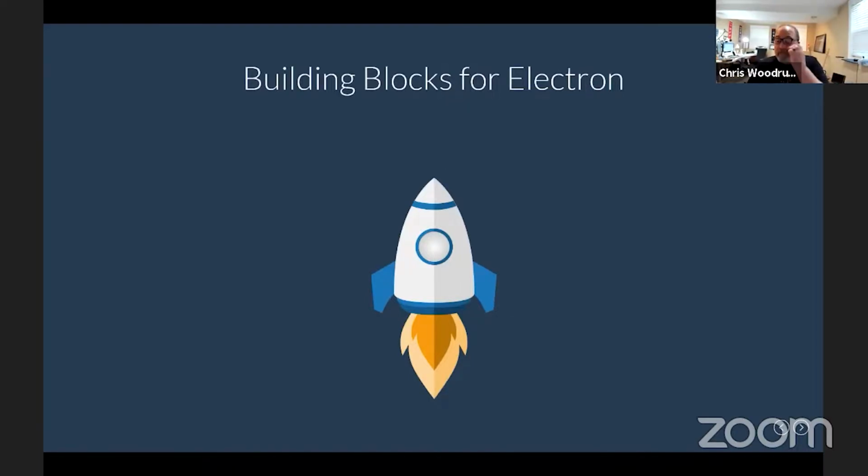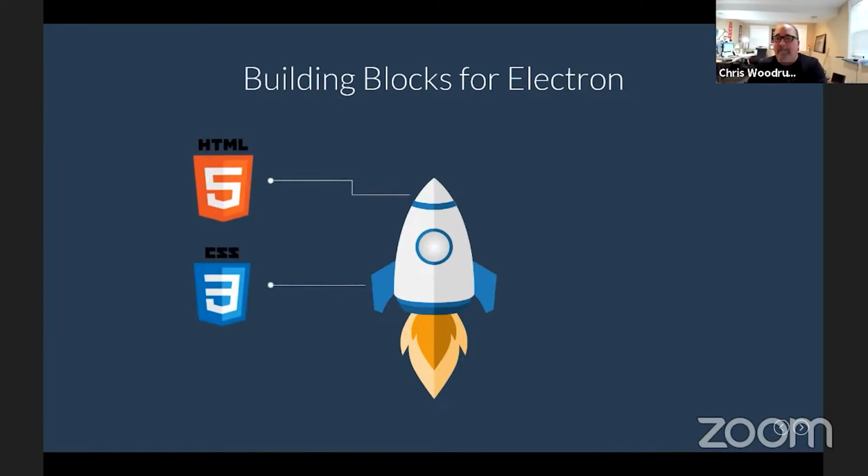Before we dig into building an Electron app, we need to know about the building blocks for it. The building block is really HTML5. It's just an HTML app, CSS. That's what is going to be used in what we call the renderer. There are two processes that we will be looking at. There's a main process, and that is for the frame around the application.